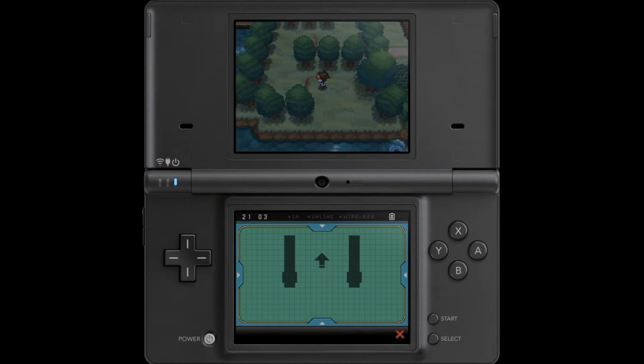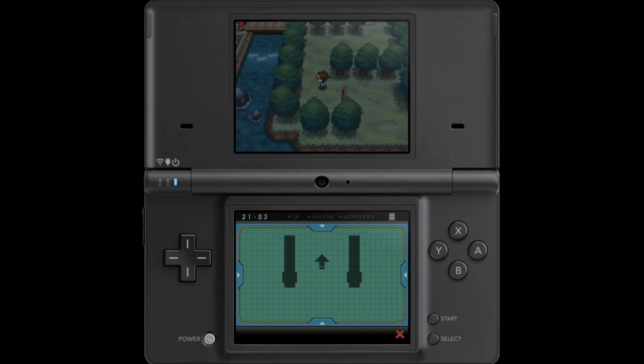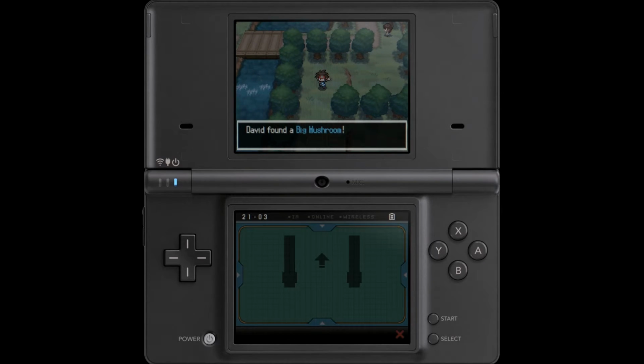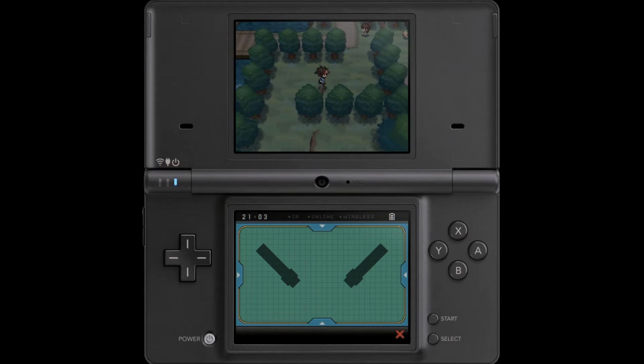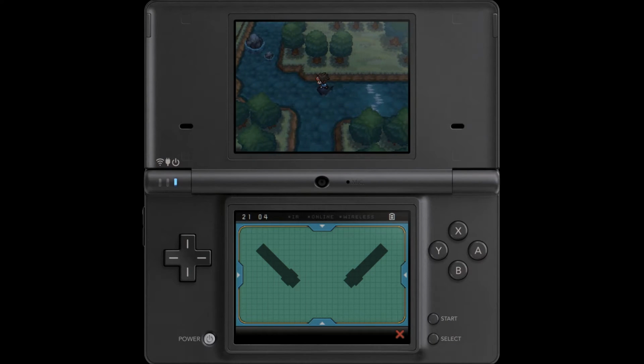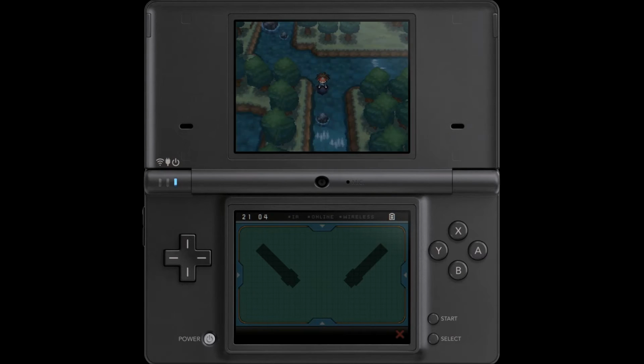Anyway, now that we're back here, I have to jump over this again in order to get a hold of this. Big mushroom, very nice. I'm going to go climb that waterfall for the third time this episode. Alrighty, as I was saying, right over here there is nowhere we can go, but down here...